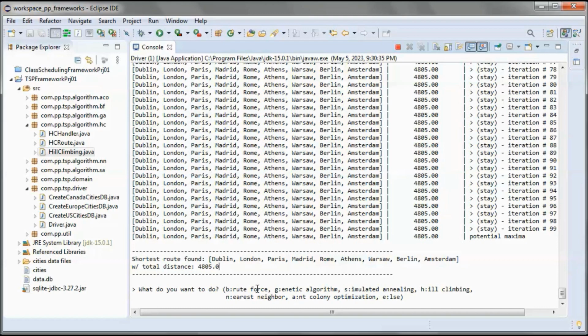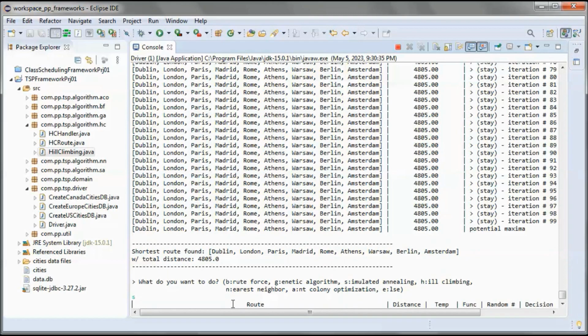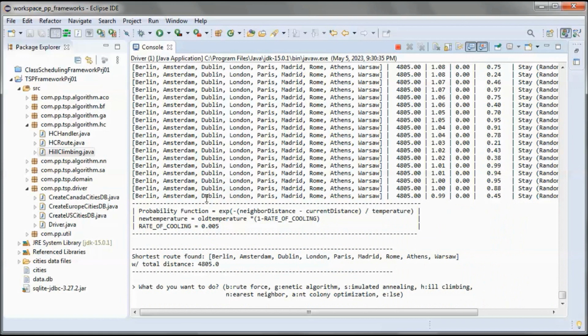And let's try what remains, using simulated annealing. So let's do that. So we found this route having this total distance in miles.